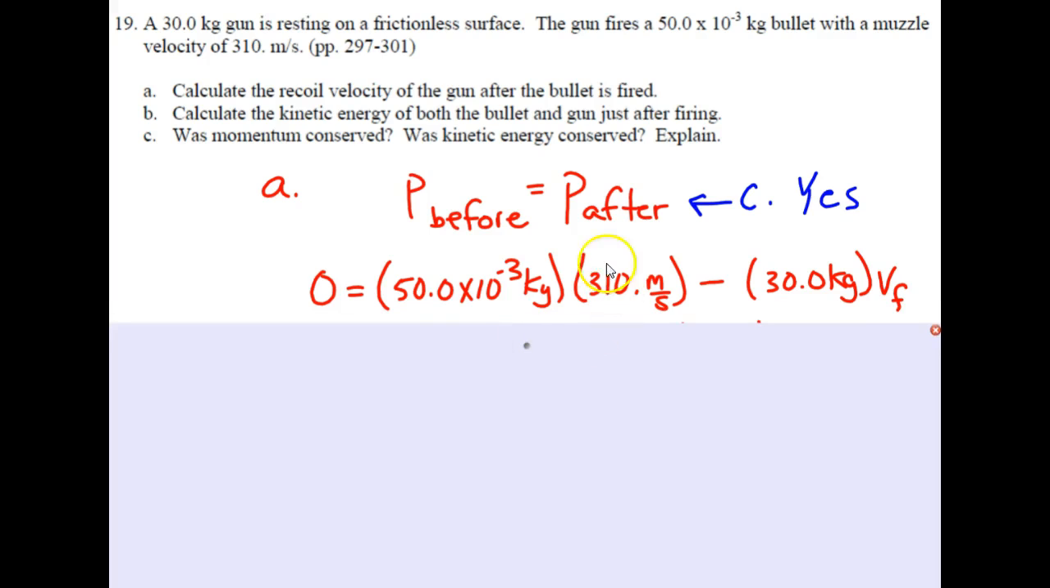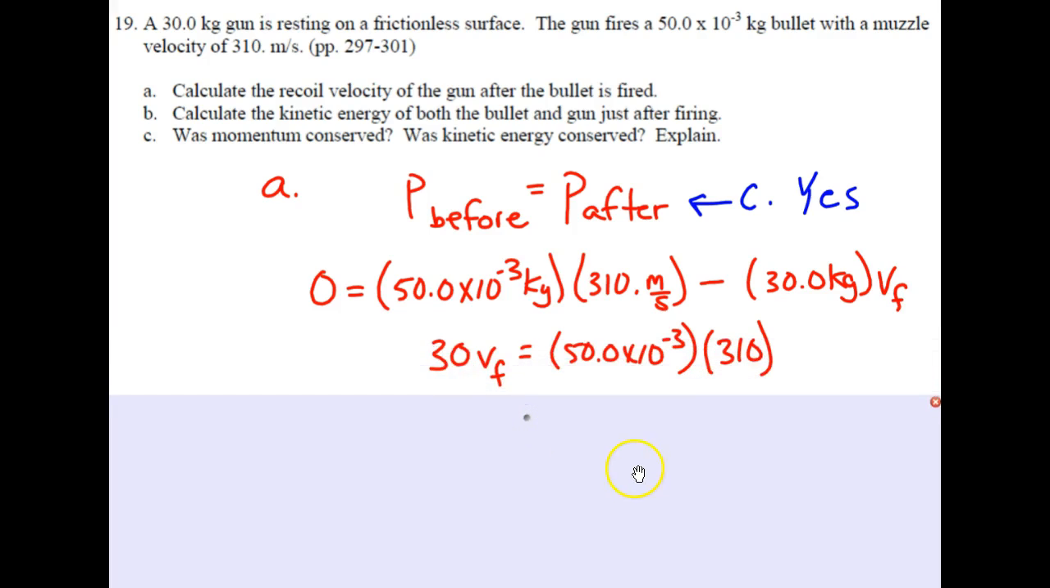Afterward, we have the momentum of the bullet at 50 times 10 to the negative 3 kilograms times 310 meters per second minus the momentum of the gun, 30 kilograms times VF. The bullet heads off in one direction and the gun recoils backward in the opposite direction. Therefore, we are subtracting the momentum of the gun. We add 30 VF to the other side,